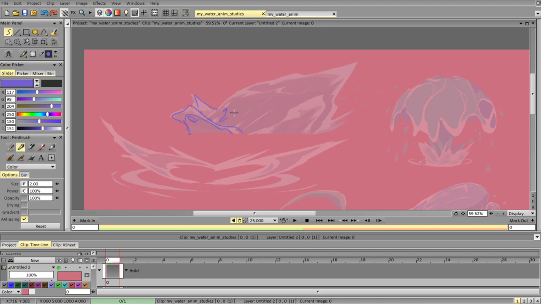Make these two different. Depending on the style, we can break up something here so it's not a single mass. Maybe some details are added to this part as well.